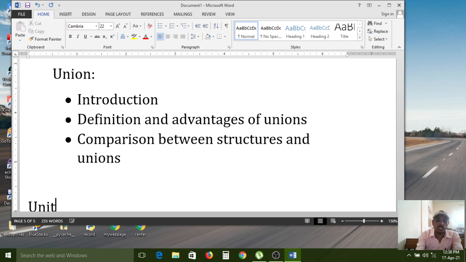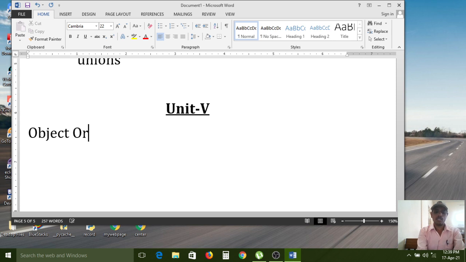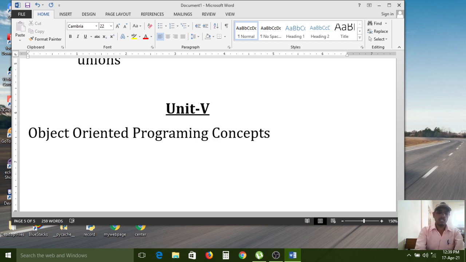Next, unit 5. This is the last unit. Object oriented programming concepts using C++.